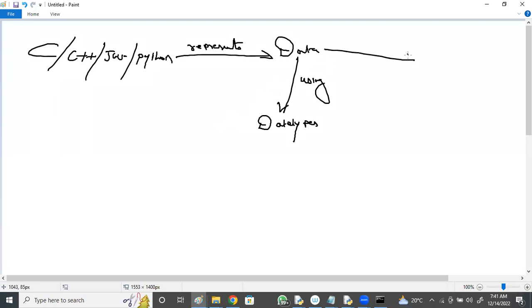On this data, we perform operations using functions. They represent data using data types, and they represent operations using functions.